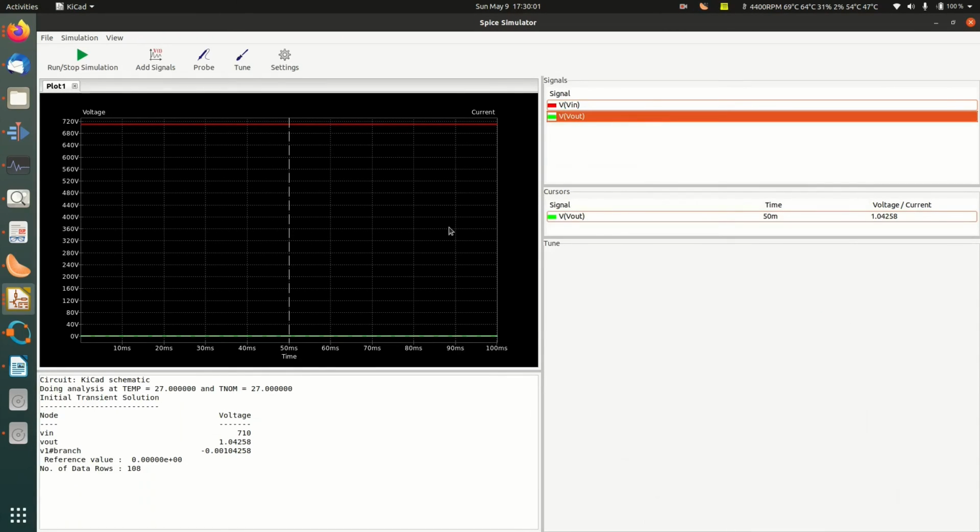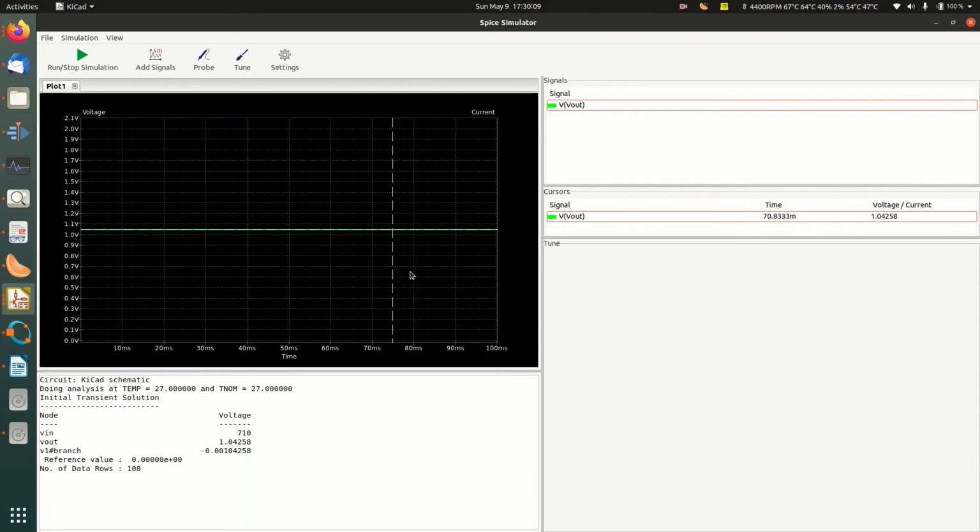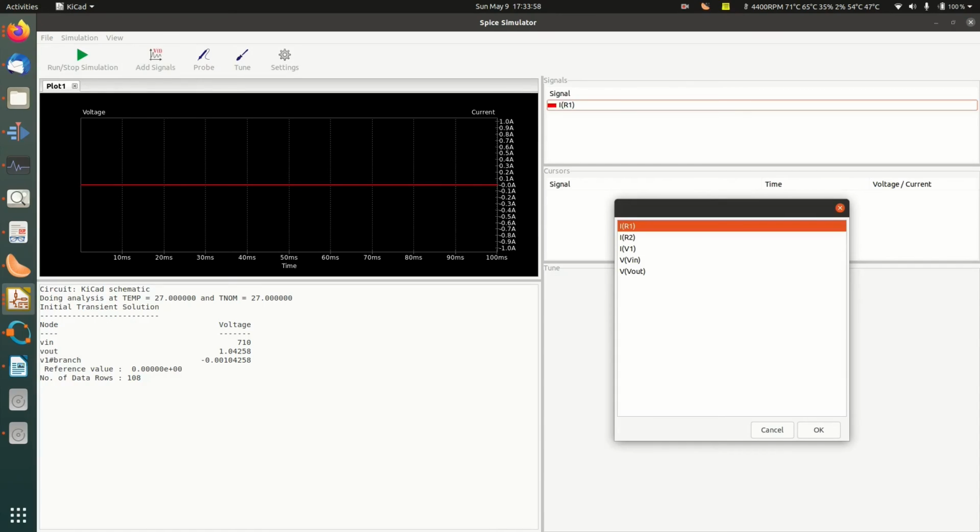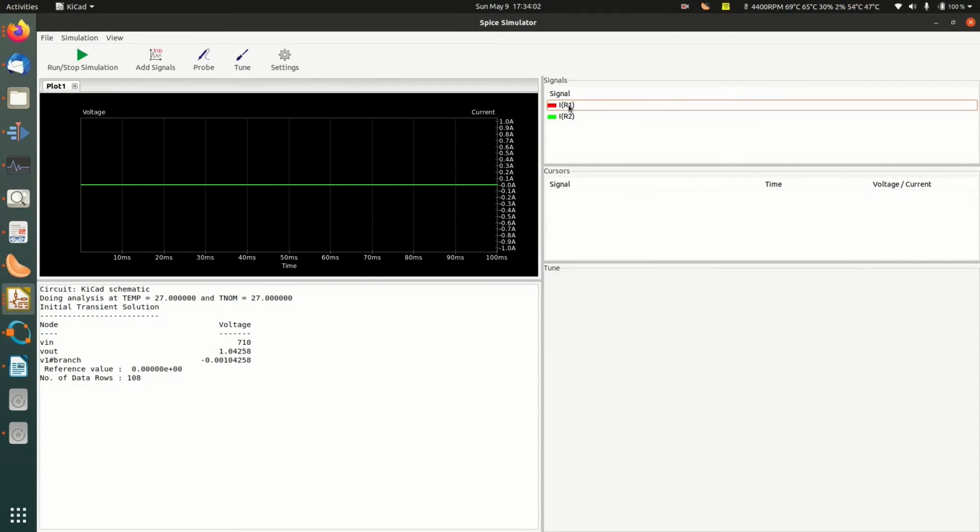Show cursor, it is 1 volt. Well, it has actually decreased, it is 1 volt now. So we can actually make our input voltage more than 710 volt, and see the current in R1 and the current in R2.